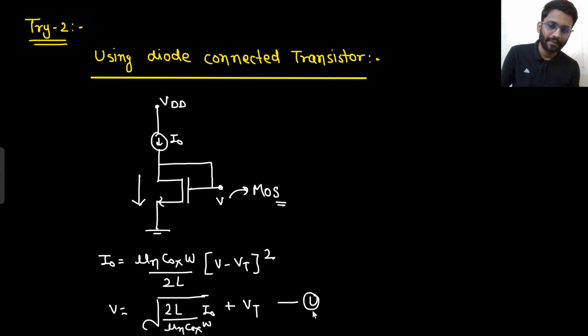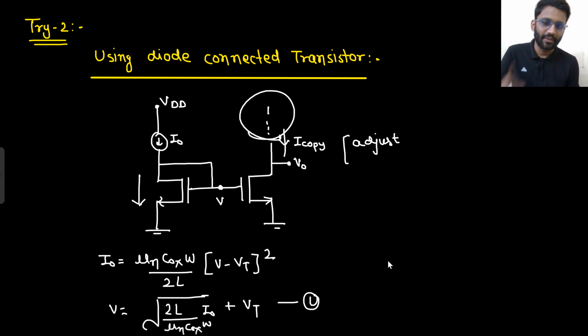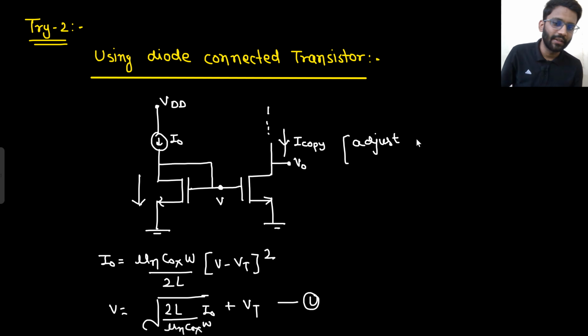This is V. Now this V is fed to some other MOS that we are going to connect here. There will be some particular circuitry there. Let's not talk about it. So now here there will be I copy, and by using some circuitry here, we will adjust V naught such that